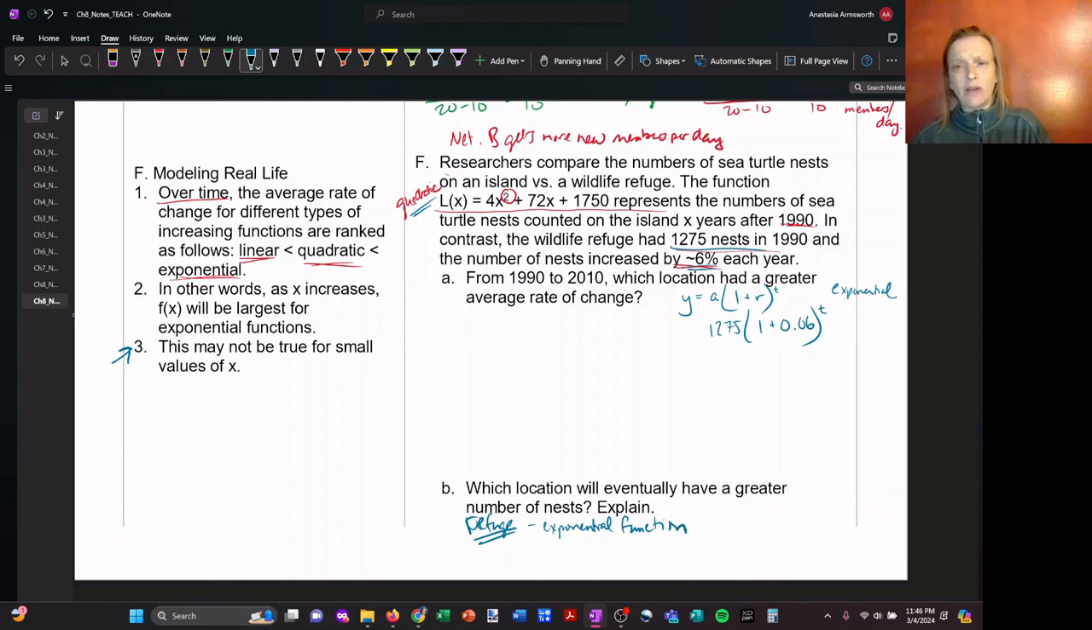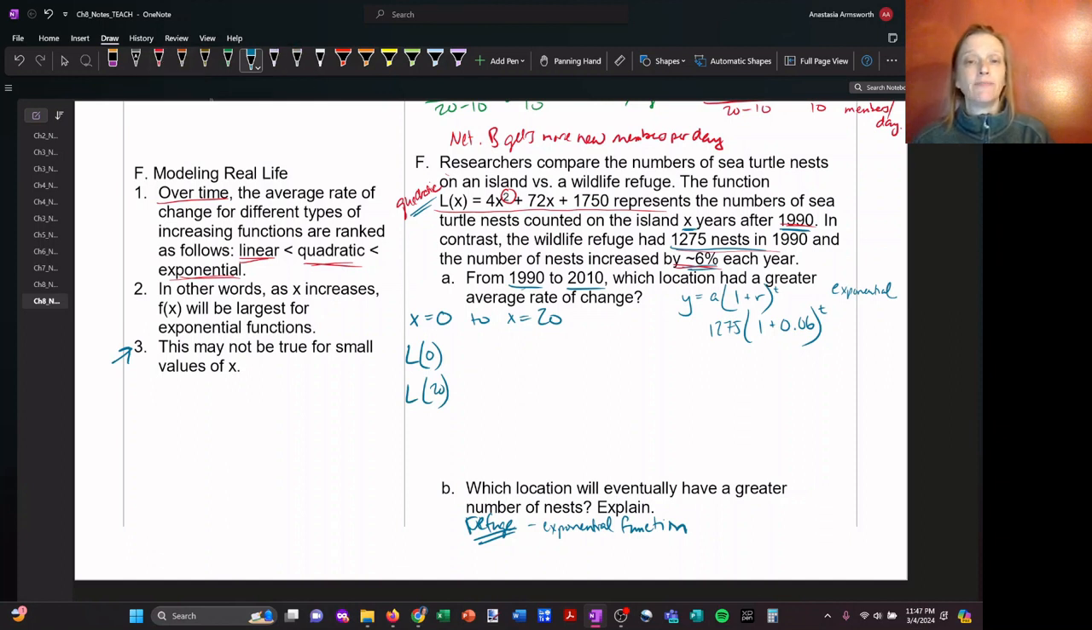In order to find out who's winning right now, we need to find out the average rate of change between 1990 and 2010. And remember, our x represents the years after 1990. So I want to know the scale from when x equals 0 to when x equals 20, because I want to do 20 years after 1990. So we'll go ahead and calculate that. We'll calculate L of 0 and L of 20